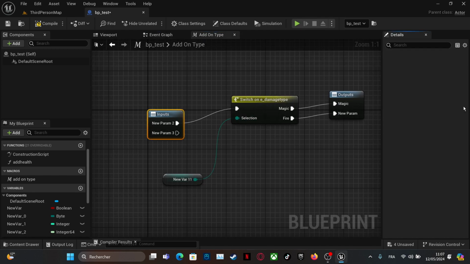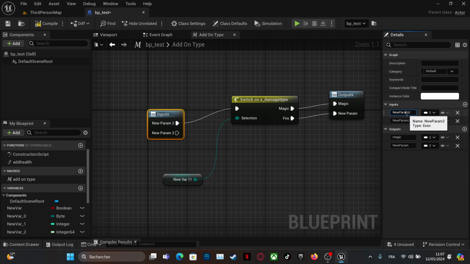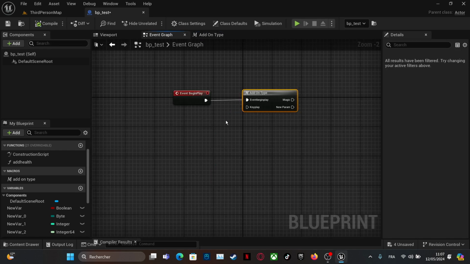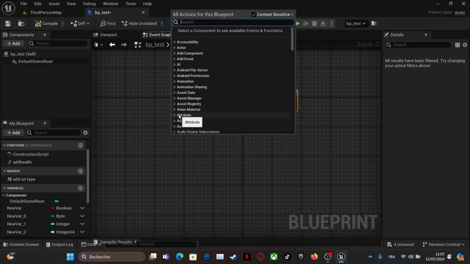Let's give it a new parameter, and here we do the event begin play, and here let's just name it key play. So we can change how the key one works, but let's just simplify this and go to our event graph and do like E key.